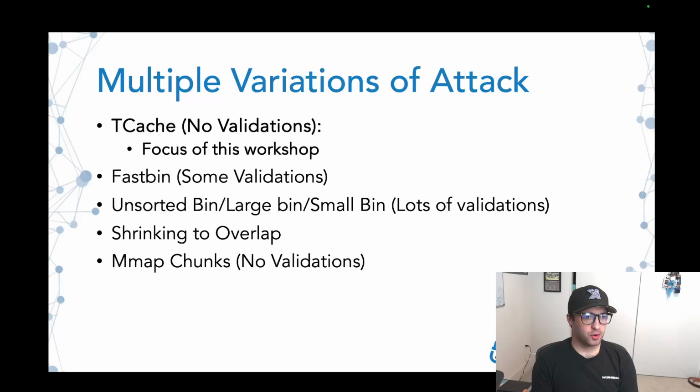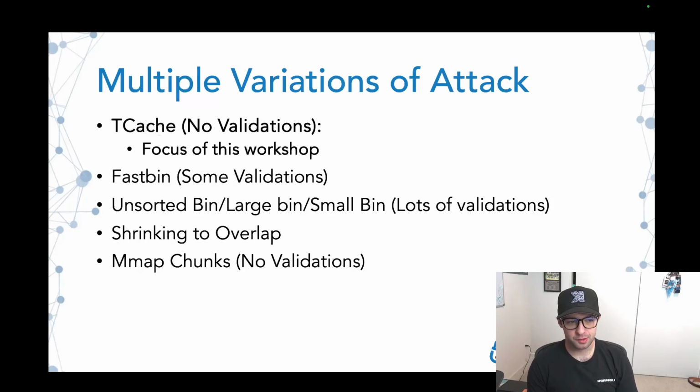That's okay. So there's actually multiple variations of this attack, and it really depends on the bin you're working in. The Tcache has no validations, of course, like every other Tcache technique. But there's also the fast bin and unsorted bin, and they just have more validations. What I mean is it will take the chunk that it's working with, and it will look ahead to make sure that the chunk ahead of it is legit. So it'll take the size of the chunk, go ahead in memory based upon the size that's provided, and check to make sure that that is a legit chunk size. You can work around these validations if you're clever, but it becomes hard in